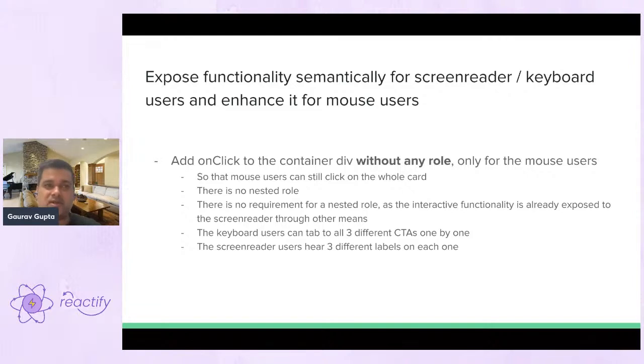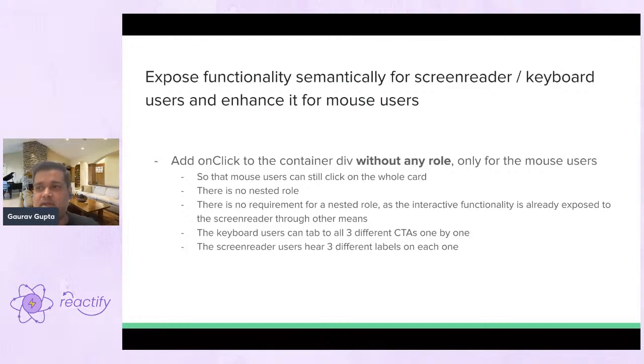So if you have used ESLint accessibility rules, they will complain that you are using an onClick on a div without adding any keyboard functionality or without adding a role, right? Which is true for 90% of the cases, but in this particular case, we do not want this element to be exposed as an interactive element to either the keyboard or the screen reader. We only want to make sure that this div just has an onClick for the mouse users, which is why we are not going to add any role here, which is why we are not going to add any keyboard functionality here, and which is how we are not going to violate the 4.1.2 thing which we saw,